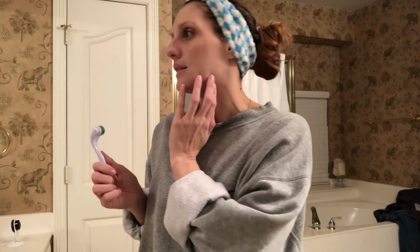The benefit of this is if your skin's dull, it helps make it not dull. And then I think it does some anti-aging stuff, probably firms up the skin a little bit. And I really like this thing. I definitely can feel the tingliness, and I can feel the blood almost coming to the surface, which I think is the point, because blood, I've said this before, but blood